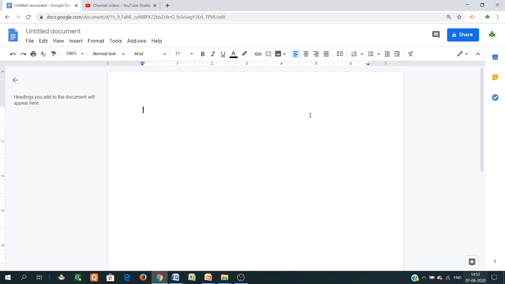Then help, then bold, you can change the font also, normal text, then alignment, center, justify, you can add line spacing, then numbered list, bullet list is available, etc. You can also go for clear formatting.